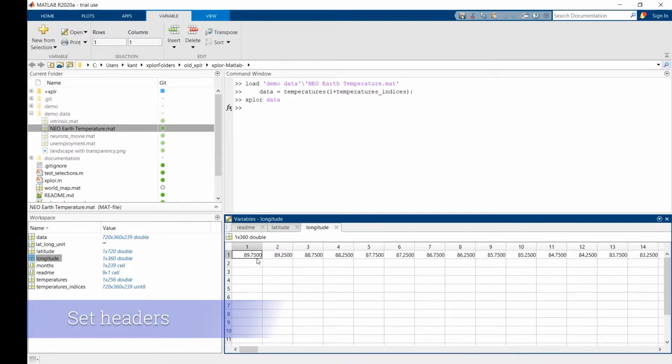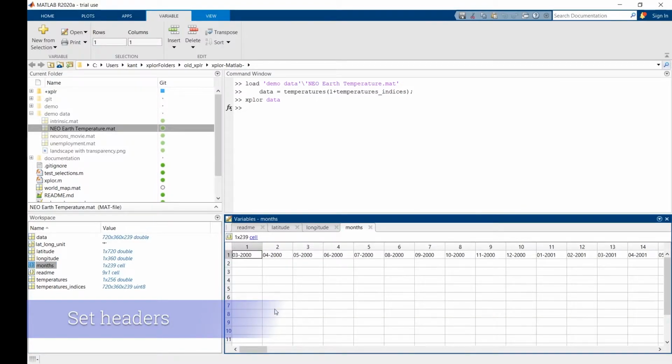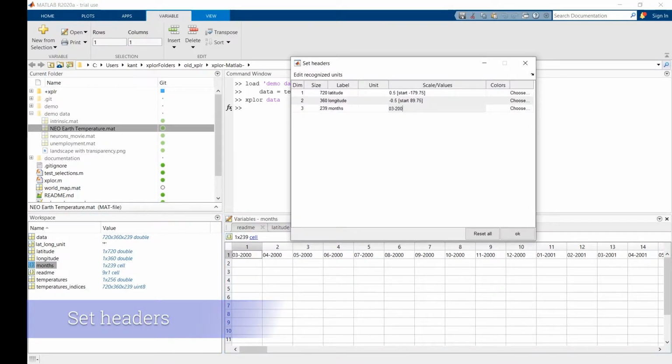We could put the name of the variable longitude, but I want to show we can do it manually as well by typing directly the step and, between square brackets, the starting value. For months, it's a bit different because the content of months is not linear values, but the names of the months: March 2000, April 2000, etc. We could fill all these months by typing manually like that, but there are 239 values, so we will not do that. We just have to write the name of the variable months, and it will fill the field with its content. Now we are all set.